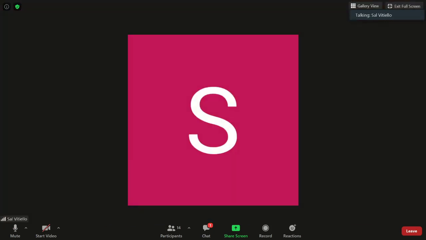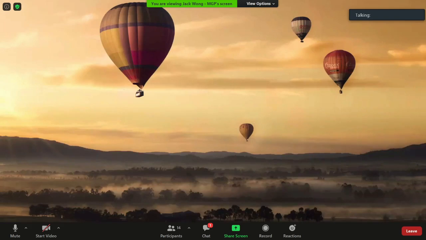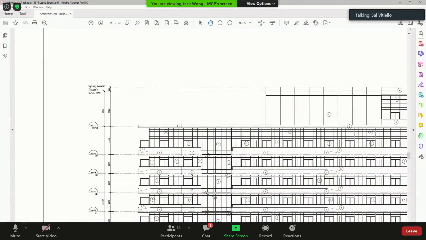Thank you, Jack. And through you, Mr. Chair. Jack, do you have a copy of the ground floor amenity plan? You can put it up on the screen. Certainly. Maybe we can identify all of the amenities on the drawings.